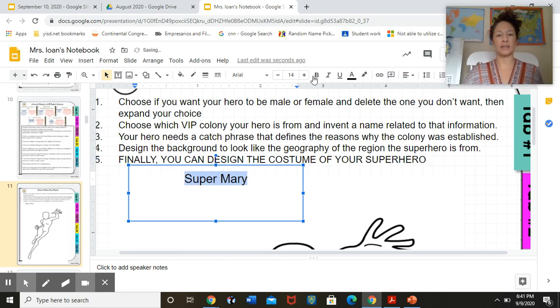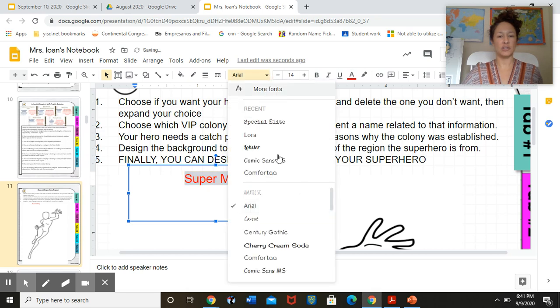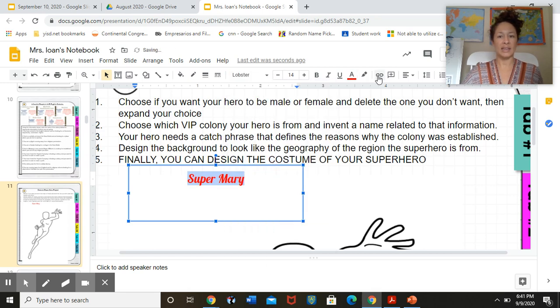All right, now we're going to get a little creative here. Put some color. Show me that you know how to use this stuff, okay? And number